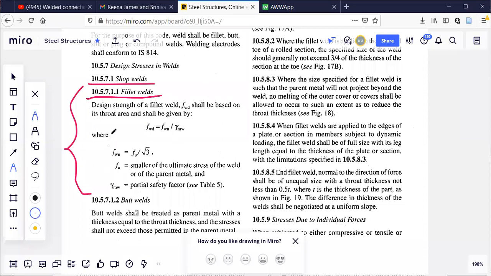This is the formula which you need to understand. No need to remember. As I told you, in steel structures, one advantage is all the formulas are available in this code book. It is more than 150 pages. You need to understand where those are available. That's why I'm telling you, in your syllabus, if you have module 2, immediately you write this page number. A lot of page numbers you have to write.